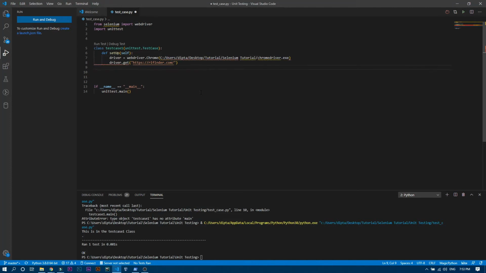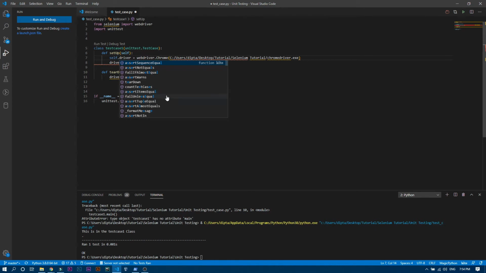Yeah, perfect. And now we are going to make one more function, that is tear down. Okay, and it will actually return nothing. Let me just close this one, and here I'll just write driver dot close. So it will basically close that driver which is opened by the setup. Okay, that's it. And there is one more thing, since we are using self, we have to write over here self dot driver. Similarly over here self dot driver, and here also self dot driver dot close.